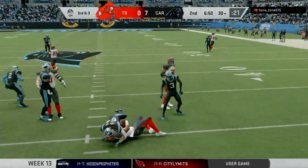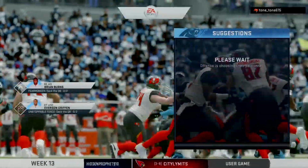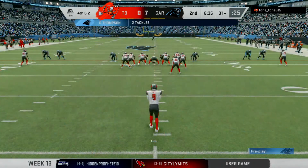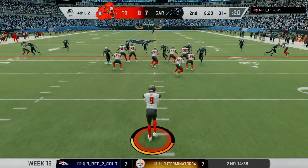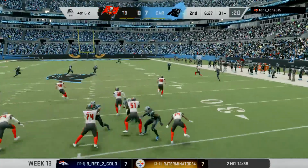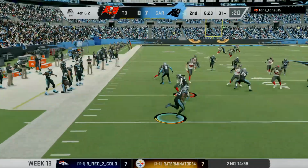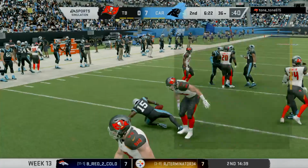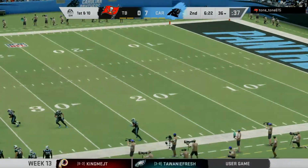He can run for it, and he will. And he's going to be taken down here still a couple yards short of the first. The keeper nets him only a yard, and that's going to bring up 4th. Anytime you decide to use your quarterback as a runner, most of the time when you design a play, you're expected to break a little bit bigger than this one, because when you run him on short gains, your risk-reward and him taking hits, I'm not sure that's the payoff they were looking for. That'll go as a 39-yard punt, give him 9 on the return, and out will come the offense as they